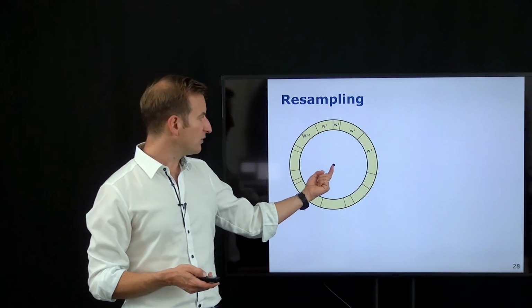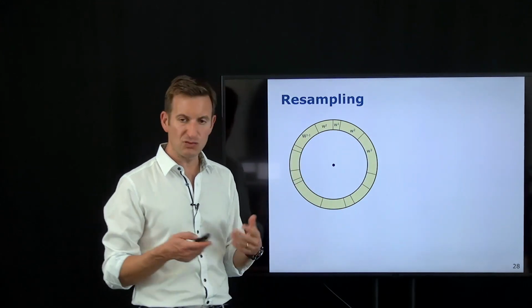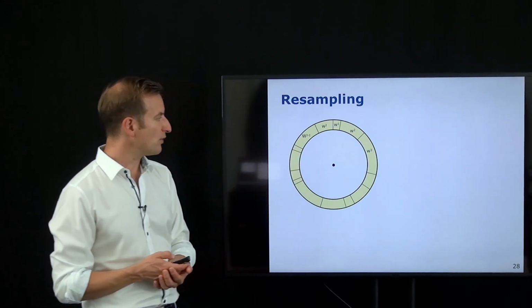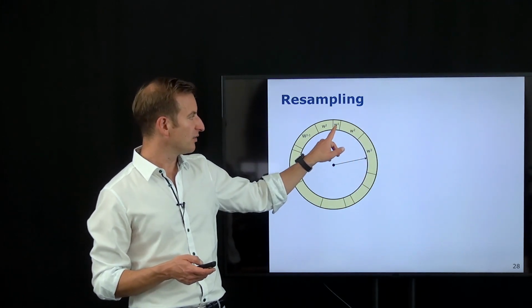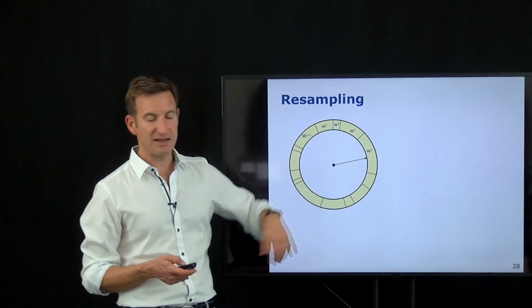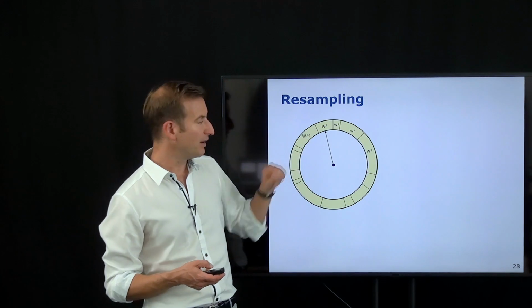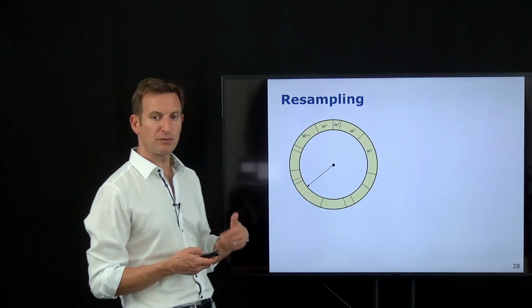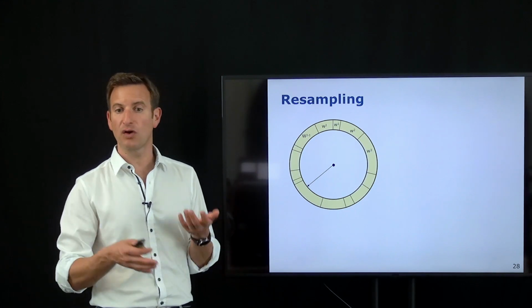How you can do this: you have your weights, normalized to 1, you draw a random number between 0 and 1, and then determine the bucket where you end up. So you draw a sample, and in this case you end up being here. Let's say the number is approximately 0.22, and you end up in the weight of particle number 3. You repeat the process, you draw a number close to 1, so you end up drawing particle w_J, the Jth particle, for example, and you repeat this process over and over again, drawing those samples, and in this way you generate the new sample set, drawing with replacement.